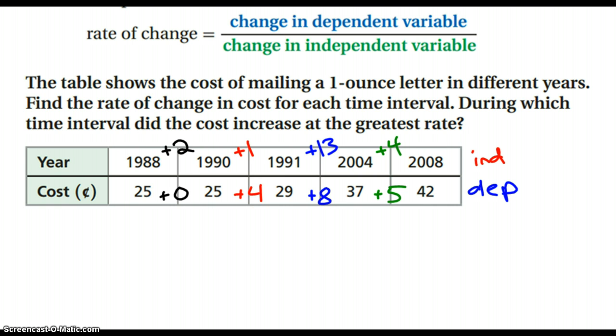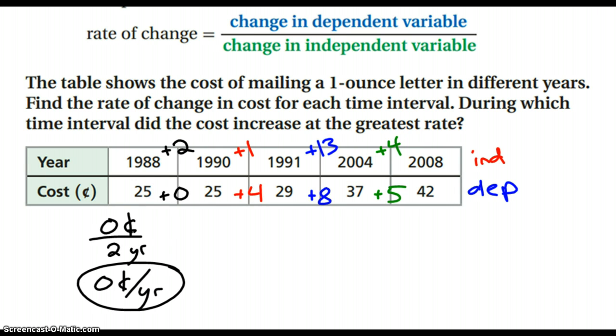Okay. Well, our formula says that we can take the dependent variable over the independent variable to figure out these different intervals. So between 1988 and 1990, we had 0 cent increase over 2 years. Now we can figure out the rate of change per year if we just divide these two numbers. So 0 divided by 2 gives me 0. So this is a 0 cent per year increase. All right, so not very good there. Unless, well, actually good for the customer during that because it didn't increase. But anyway,